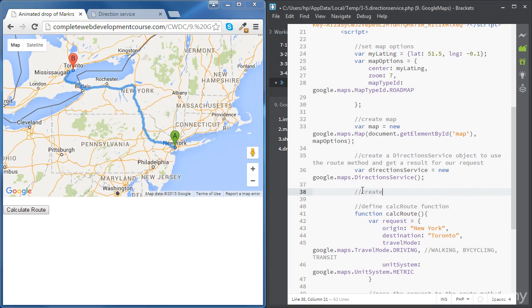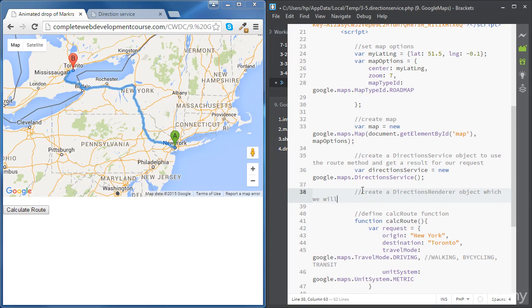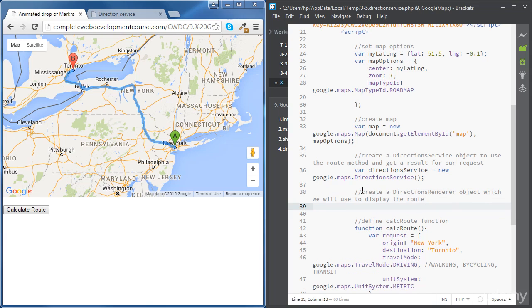Create a directions display or renderer object, which we will use to display the routes. So let's call it directionsDisplay,